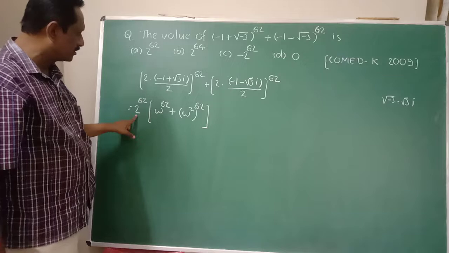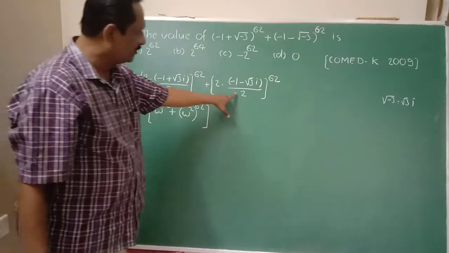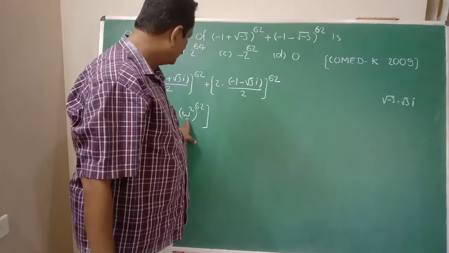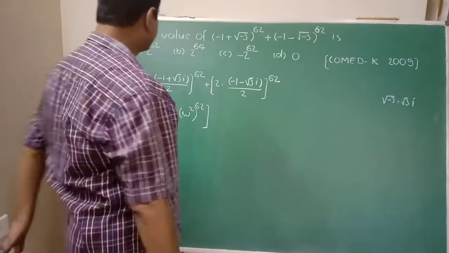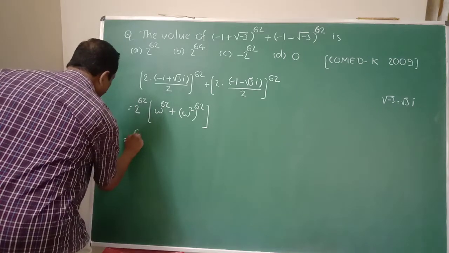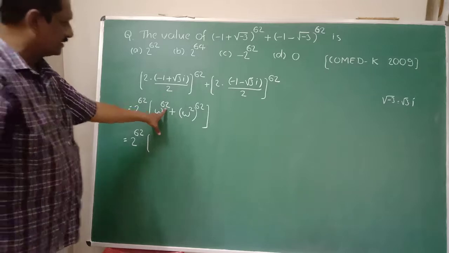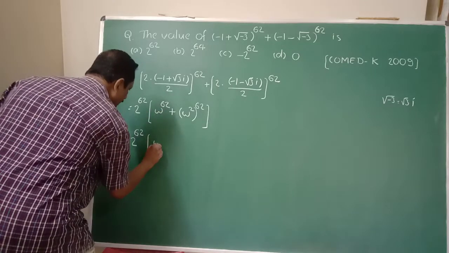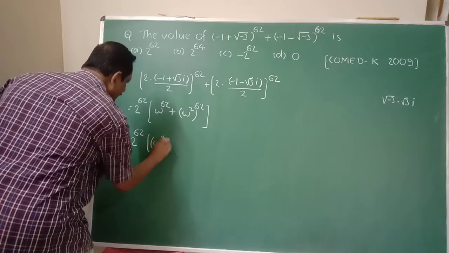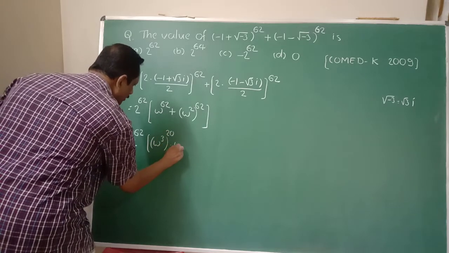2 raised to 62 common. This is omega here: omega raised to 62 plus omega square raised to 62. So this is equal to 2 raised to 62 into the bracket. Here 62 is there. We can write omega raised to 62 as omega cube raised to 20 into omega square,